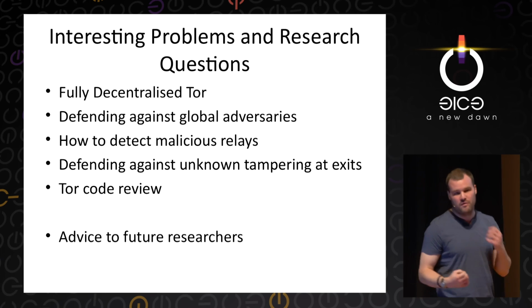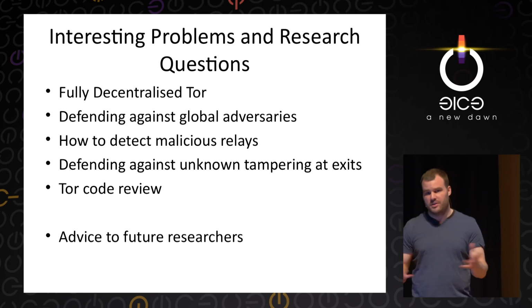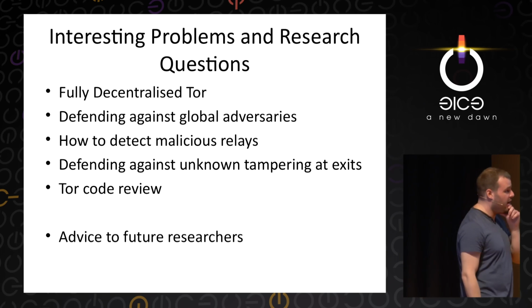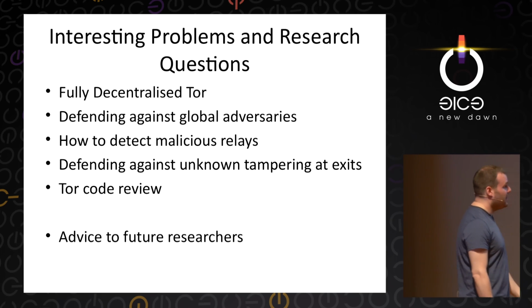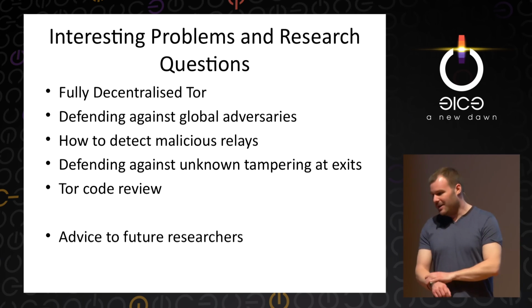There could be unknown vulnerabilities, as we've seen with a relay early attack quite recently in the Tor code, which could be quite serious. But the truth is, we just don't know until people do thorough code audits, and even then, it's very difficult to know for certain. So, my last point, I think,